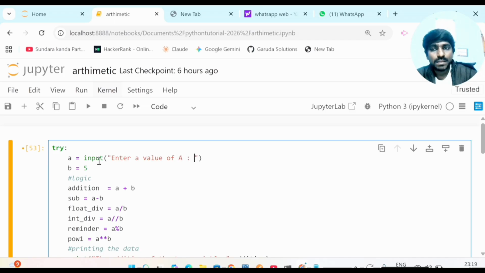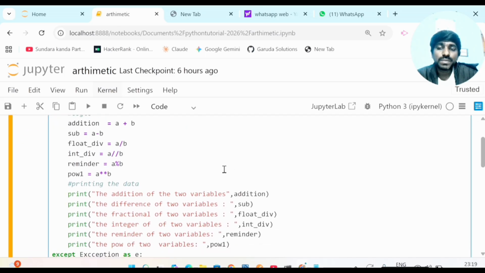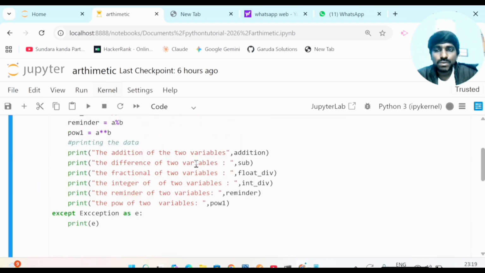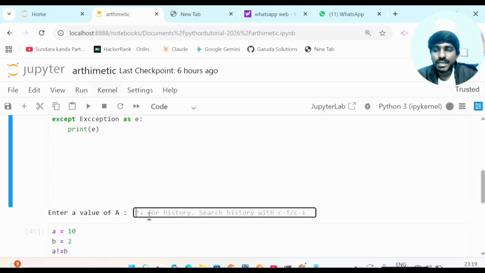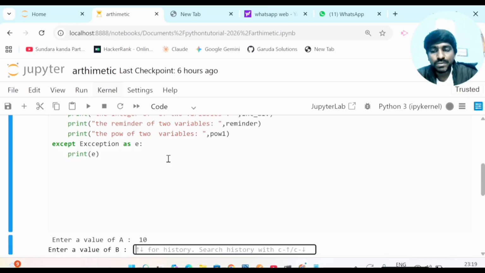Okay, so when you specify it like this, Ctrl+C and then copy here, then this is the A, this is the B, enter B value. Now I'm trying to run this one, whether I get it or not, we will see the output. Coming here and just run this one. Now you can see it's asking here enter a value. If I enter 10 and enter B value 5,